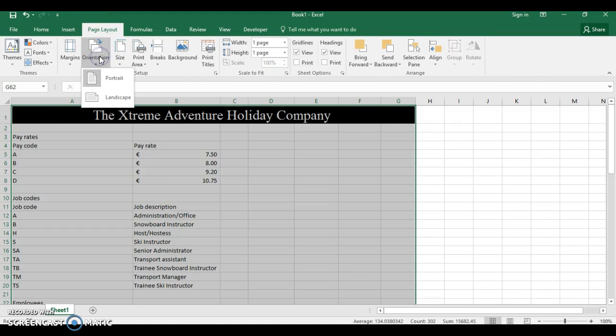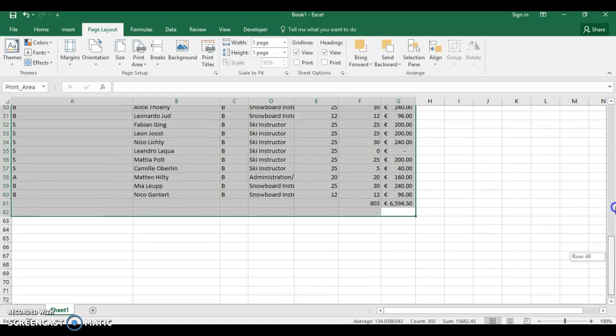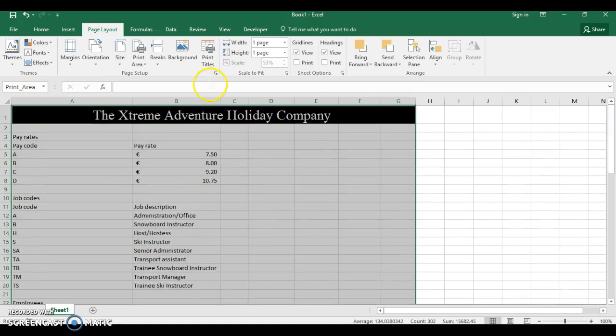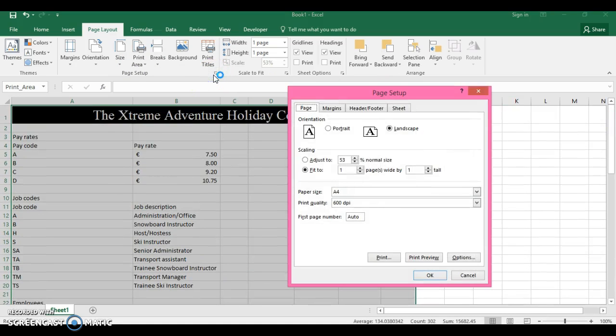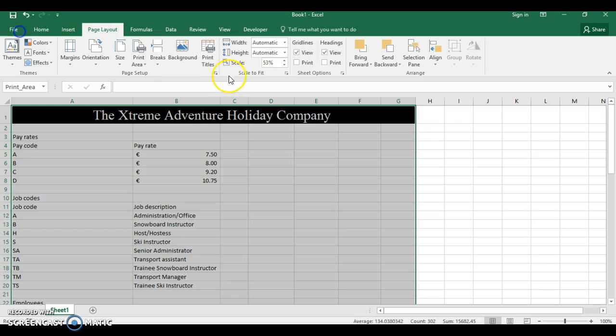Right, so orientation, I think they said landscape, print area, set print area. Right, now it's never going to fit to 1 page there, so print preview. Okay, so far that, yep, that's about 1 page, that's okay. All right, and if you go to show formulas, which I think it asked us to,